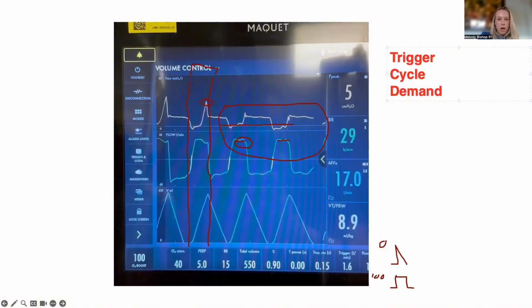Well, I see more than one issue, to be honest. Touché. I see all three of them. Primarily, it looks like it's a demand issue. But at the end of the day, we have a bit of a triggering issue because we have auto-PEEP. So the patient is trying to trigger, and I think we have a little bit of a delayed trigger. I think that if it is a square waveform, you could actually have a little bit of a cycling issue